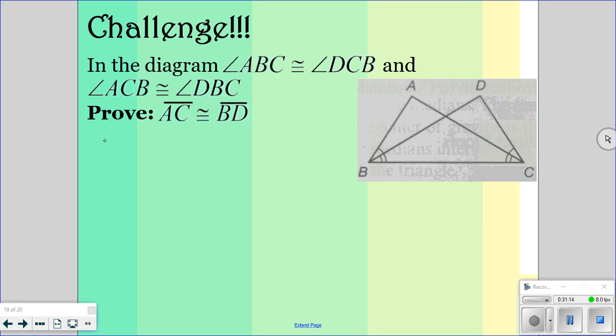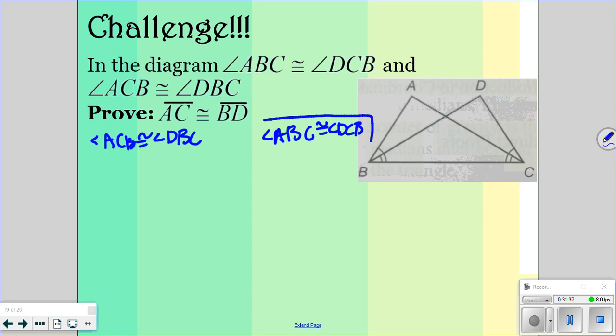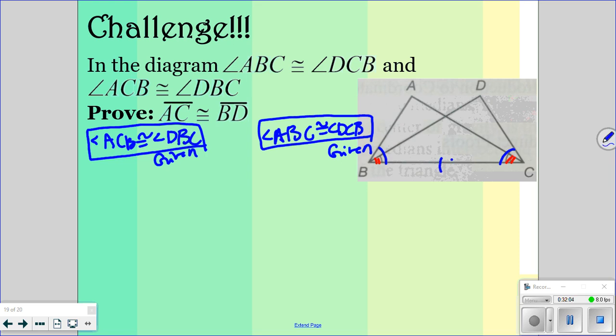So we are given angle ACB is congruent to angle DBC, and angle ABC is congruent to angle DCB. Okay, so this angle is congruent to this angle, and this little angle is congruent to this little angle. We also know that BC is congruent to BC from the reflexive property. And so all three of these together